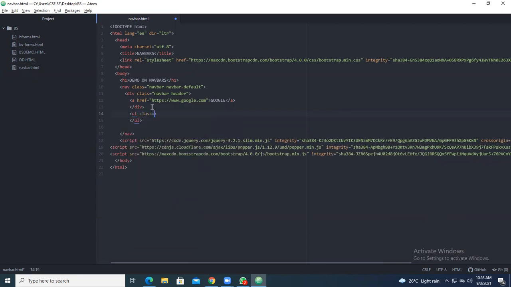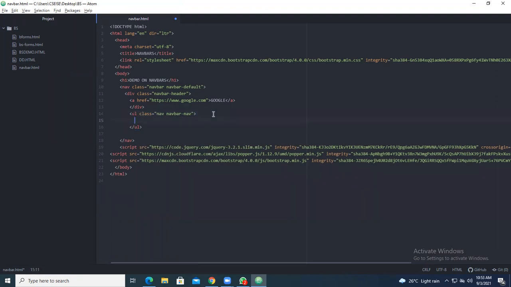So I will give class. If you are creating a navbar manually, you have to follow this. navbar navbar-nav. Under that, go with a list of elements. So take the li tag. Under that, you take some item 1. So that will give you the demo.